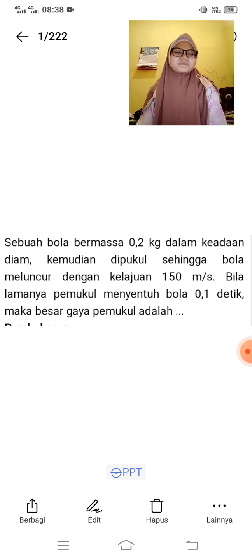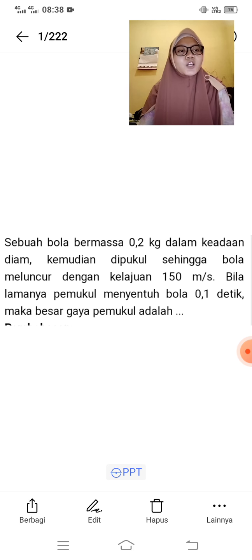Then it is hit so that the ball travels at a speed of 150 meters per second. If the duration of the hitter touching the ball is 0.1 second, then the magnitude of the hitting force is